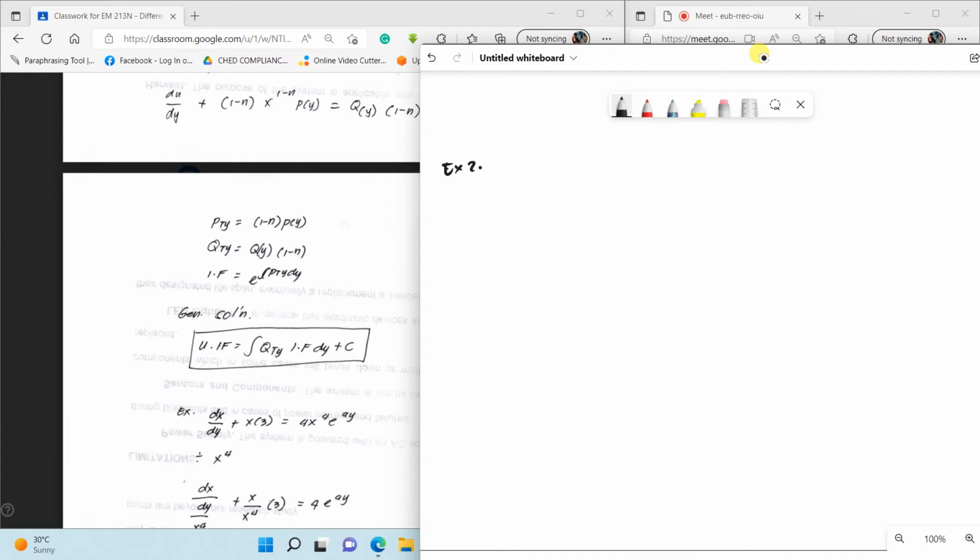Example 2. dx over dy plus x times 3 equals 4x raised to the power 4 e raised to the power 9. Okay. In the diagnostic exam,